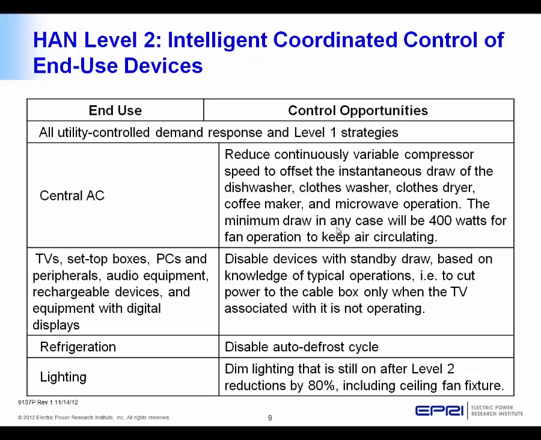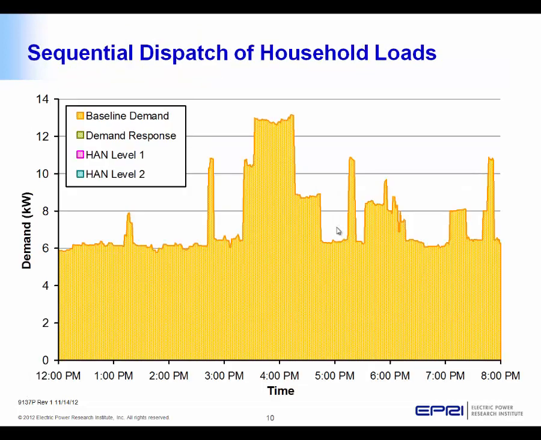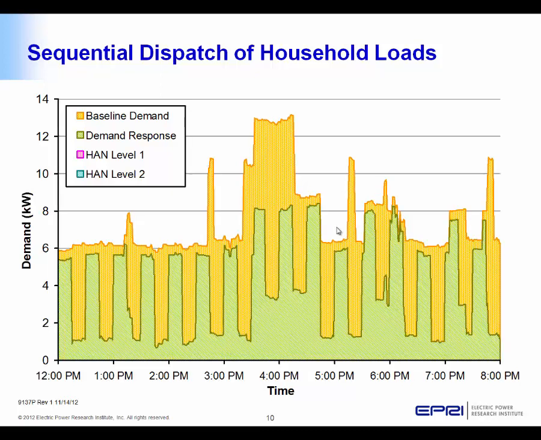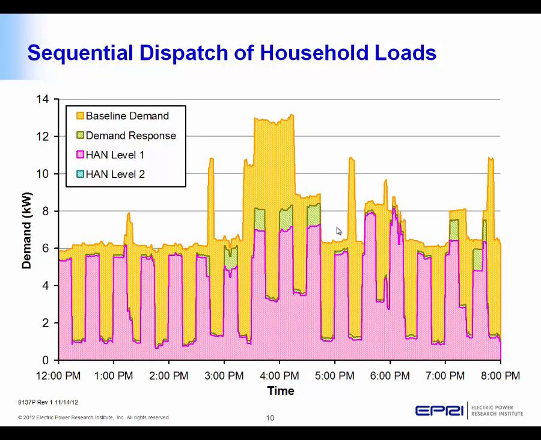In refrigeration space, I might disable the auto defrost cycle on my refrigerator, and on the lighting, I might now turn to do some dimming. If you think of the sequential dispatch in both of those examples from one level to another, I might start seeing this kind of change from the baseline demand to enable the amount of demand response that's shown here in red, or in green, or the demand response now shown in pink. Two different levels of demand response